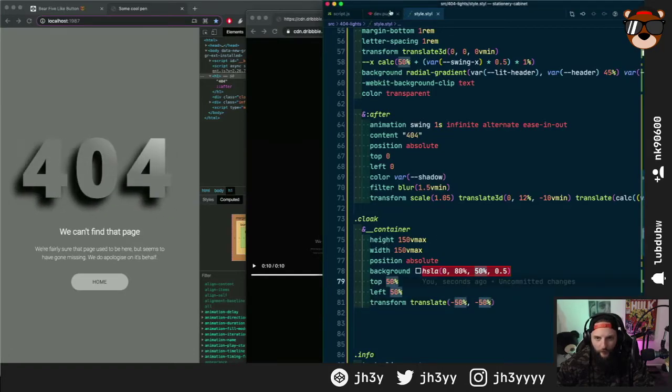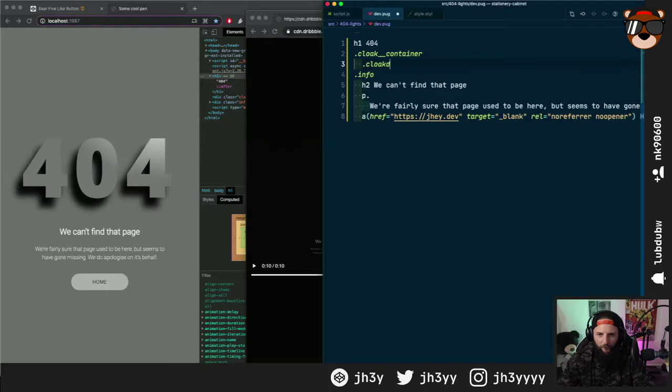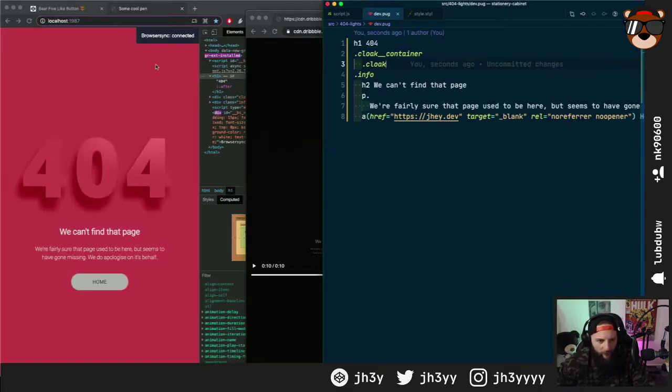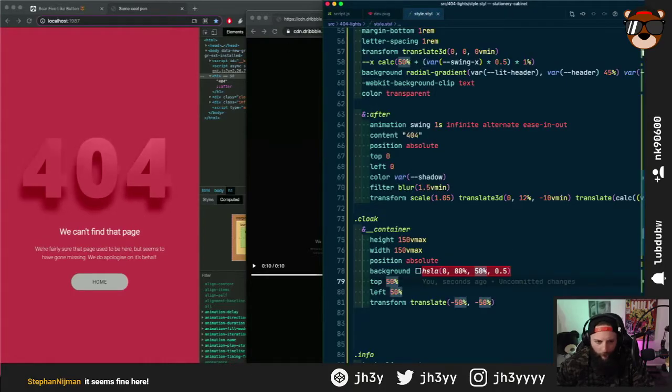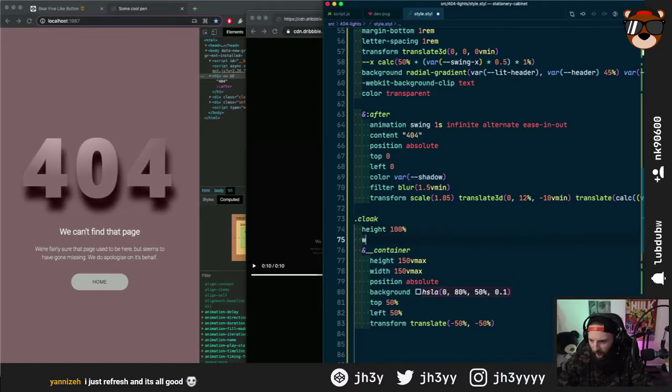So that cloak container needs to, and this is always a bit weird doing it like this, but I like BEMing things. So right, now we've got this overflowy bit, and the color of it doesn't really matter, but I just want to color it so you can see it. Now the cloak, it even looks cool just being like that really. The cloak is going to be,